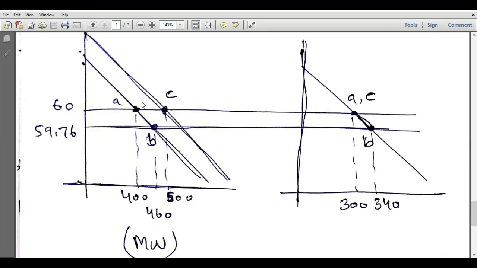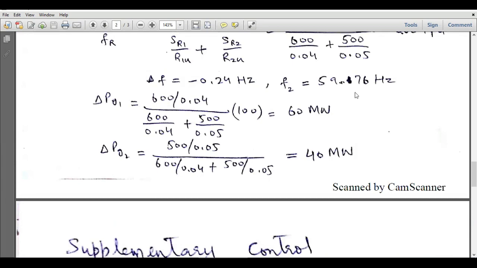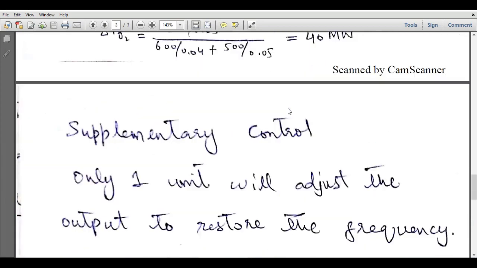Now, as the load increased from 700 megawatts to 800 megawatts, these points will shift downwards, right? Because initially this was the system frequency, and this was the power share. PG1 was equal to 400 megawatts, PG2 was equal to 300 megawatts. Now, since delta PG1 is equal to 60 megawatts, so that